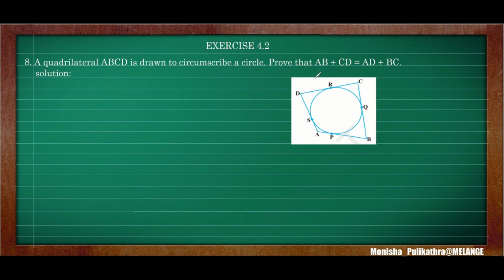Here a quadrilateral ABCD has been circumscribed about a circle. We need to prove that AB plus CD is equal to AD plus BC. So from the diagram itself, we can see that it can be observed that